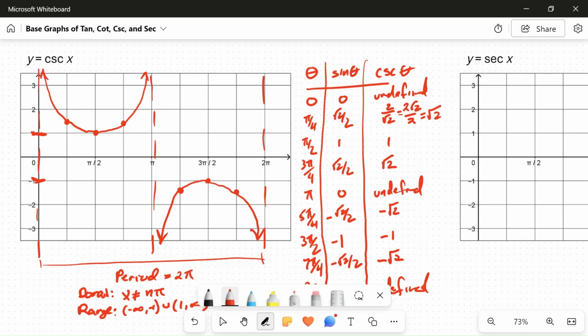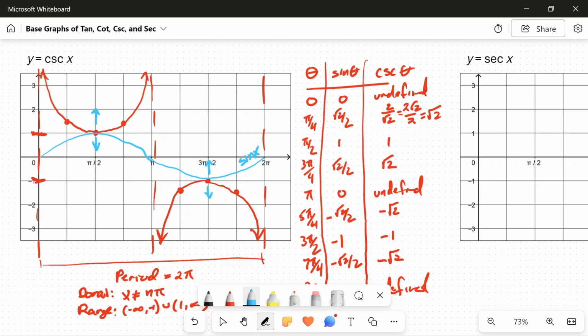One way to help remember the graph of cosecant is that it is the reciprocal of sine. Because of that, you could first draw our sine graph in here. If you notice, in the first half of the sine graph, it's sort of this concave down shape. It goes from 0 up to 1. The cosecant graph reflects it upwards. So if the sine graph is opening downwards, the cosecant graph is opening upwards. And then in the second half of the graph, sine is opening upwards, and the cosecant graph is opening